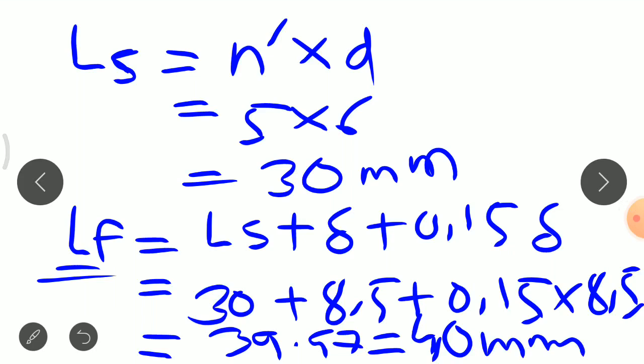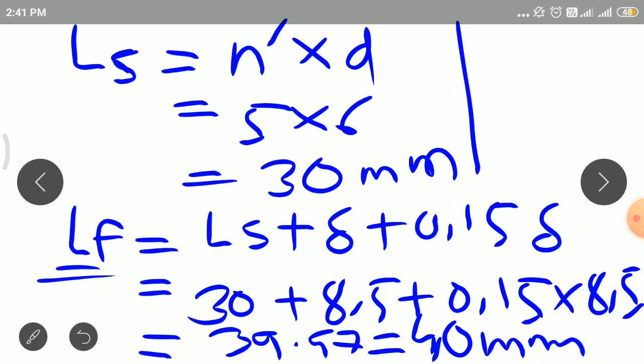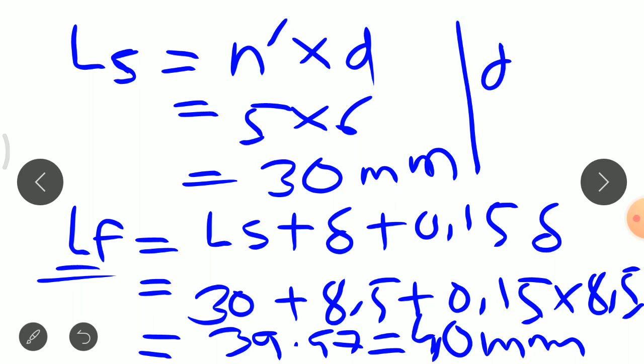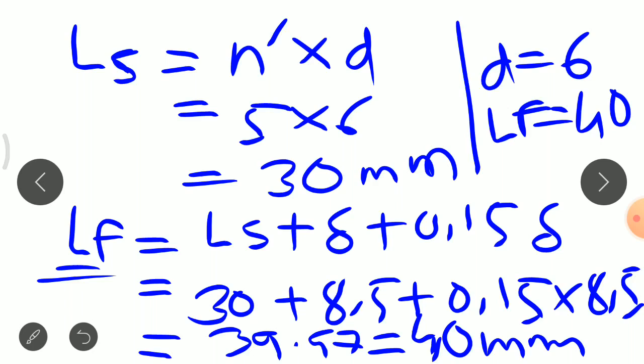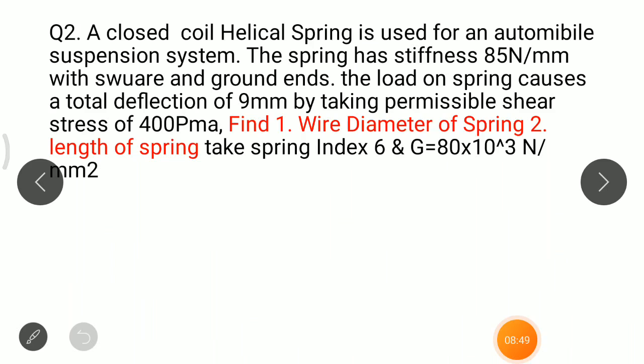यहाँ पे हमने दोनों भी क्वांटिटी फाइंड आउट कर दी। फर्स्ट क्वांटिटी दैट इज स्प्रिंग डायमीटर, d इज इक्वल टू 6 एंड LF इज इक्वल टू 40 mm। ये प्रॉब्लम आपको एग्जाम में 4 मार्क्स के लिए आता है। नेक्स्ट प्रॉब्लम हम नेक्स्ट लेक्चर में देखेंगे। सेकेंड प्रॉब्लम, ये भी सिंपल प्रॉब्लम है,